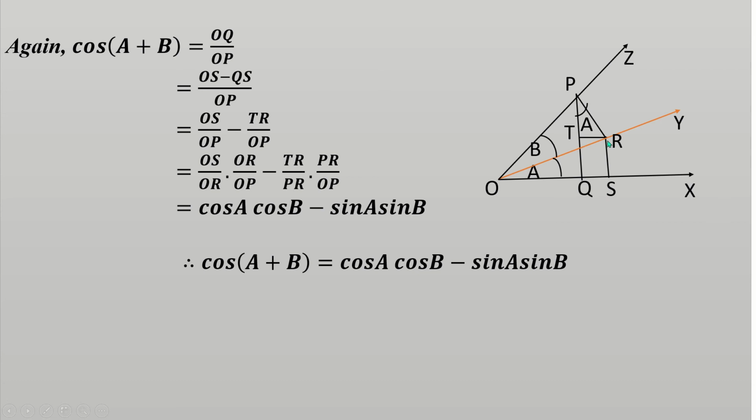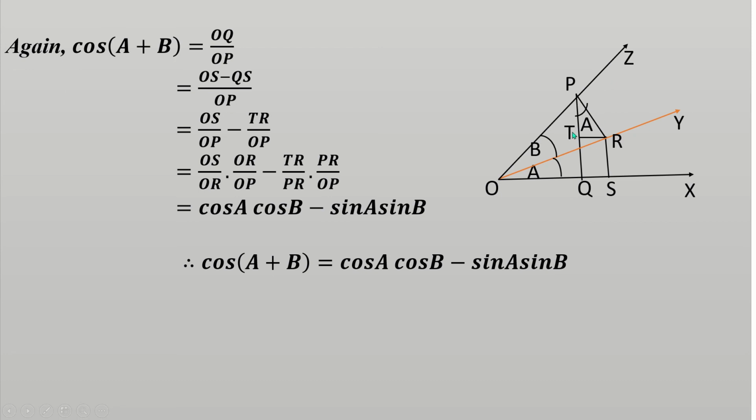But QS is equal to what? QS is equal to TR. But this and this don't make a relation, so for making a relation we can write this and this. As a result, OS by OR: as this is a given angle, OS is the base, so OS by OR equals cos A, and OR by OP, as this is a given angle, OR is the base, so base by hypotenuse equals cos B, minus here will be sin A sin B, that means TR